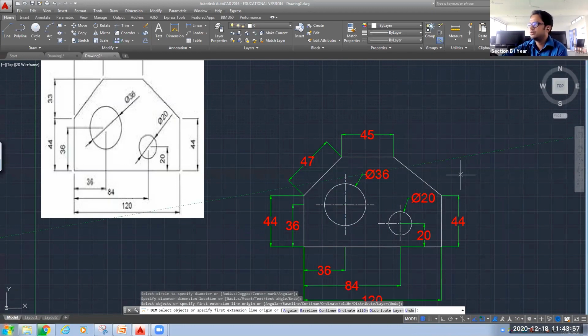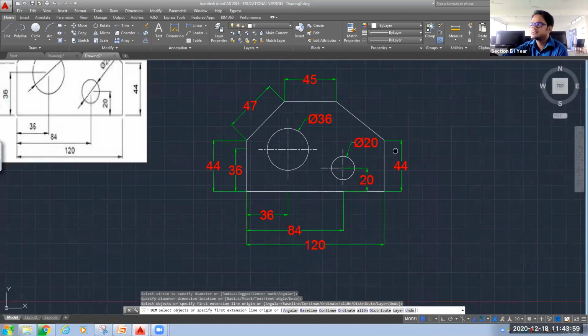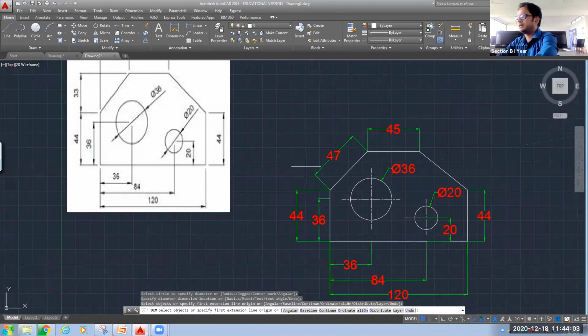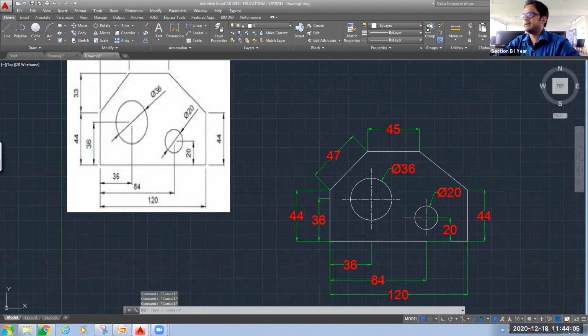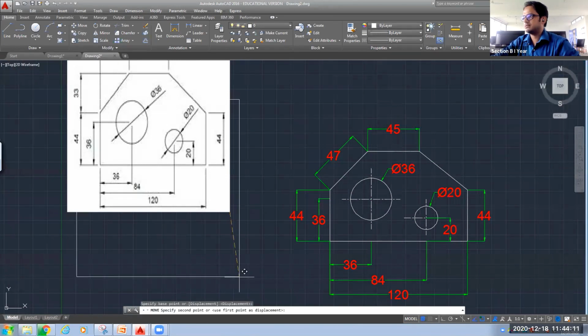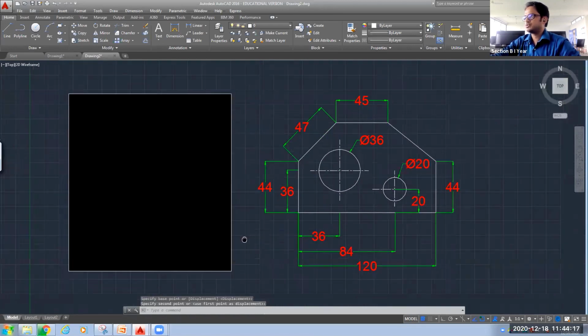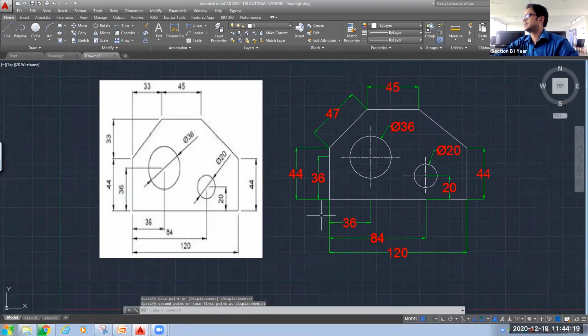So this is your, I think the drawing is now complete. We can bring both two figures side by side. Select this object, I want to move it. Select the base point. I'll select it here and bring it down just next to our figure so that I can bring it like this. Yeah.